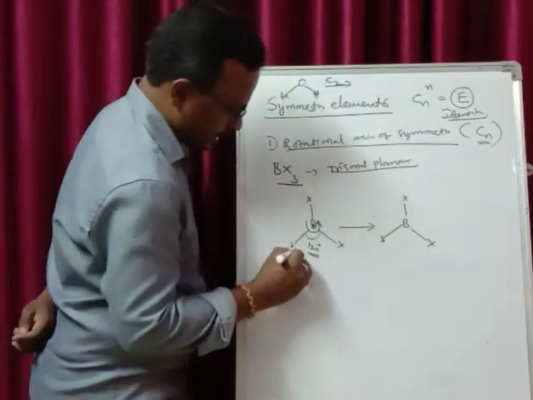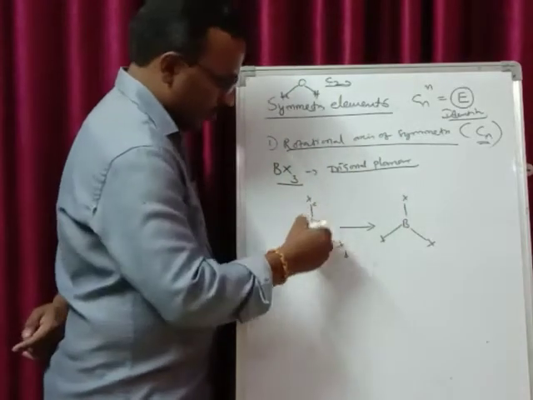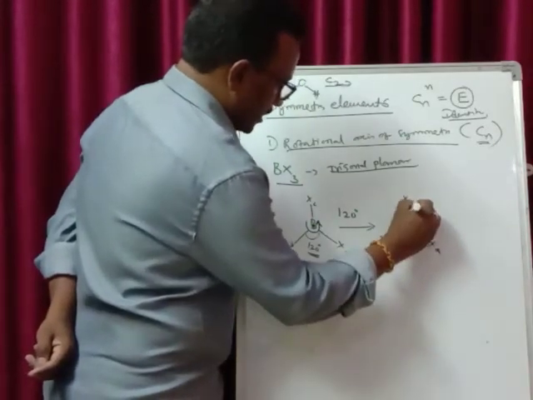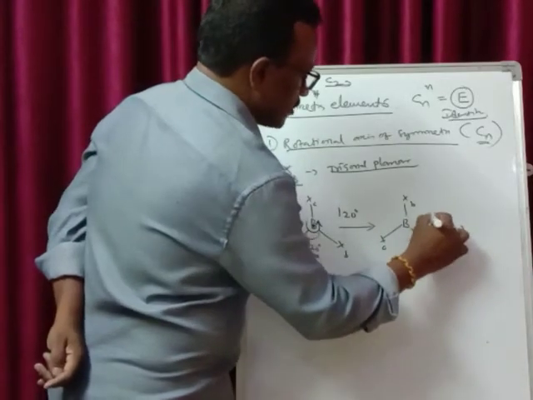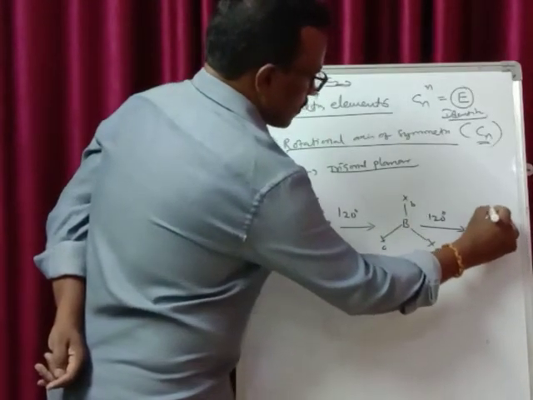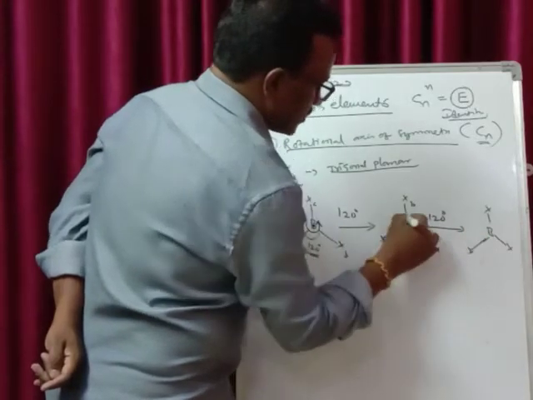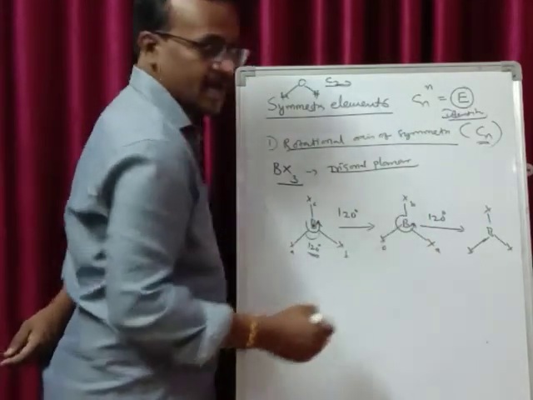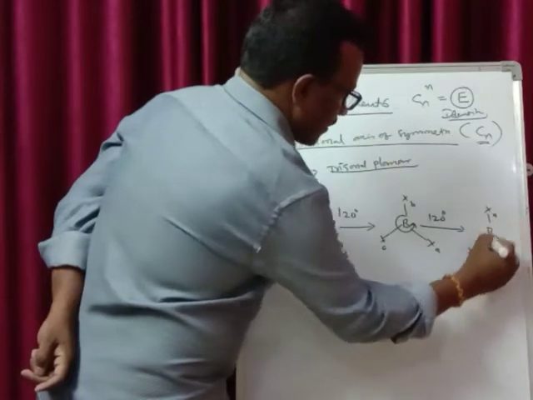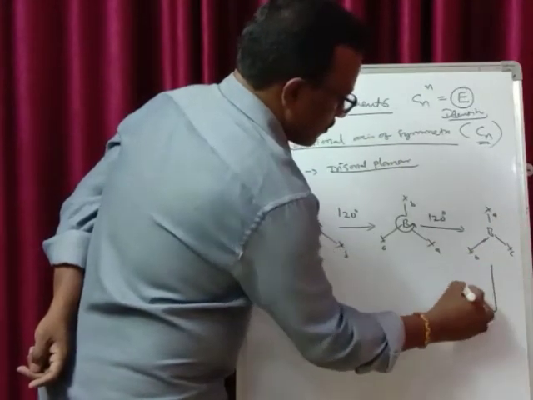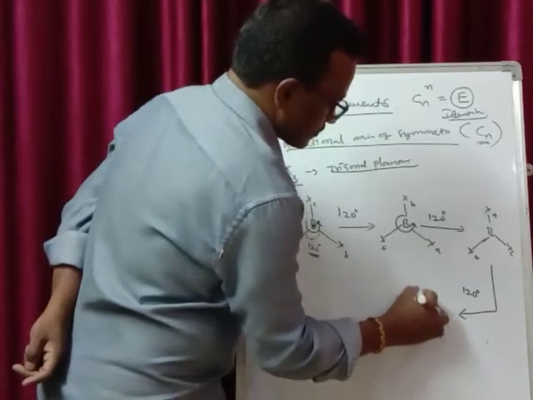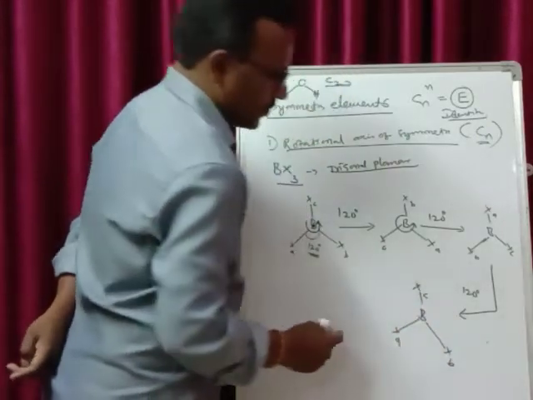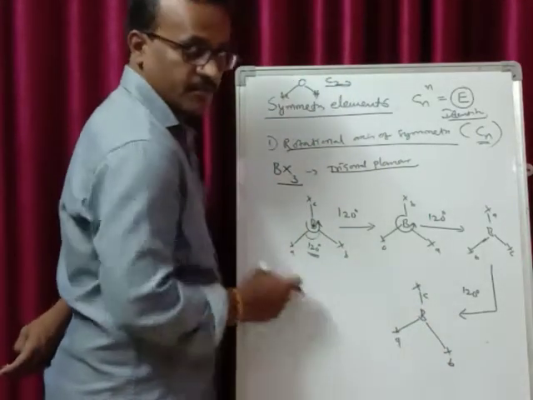Here I am labeling them as XA, XB, XC. On rotation along this axis by 120 degrees, XA comes here, XB here, and XC here. Further 120 degrees. Again the axis is passing from the center of the boron, therefore I am representing it like this. This means that the axis is passing from the center of the boron atom. XA, XB, XC. Further again rotation by 120 degrees. XA, XB, XC. You can see again we got the initial structure, that is, the first structure you have obtained.